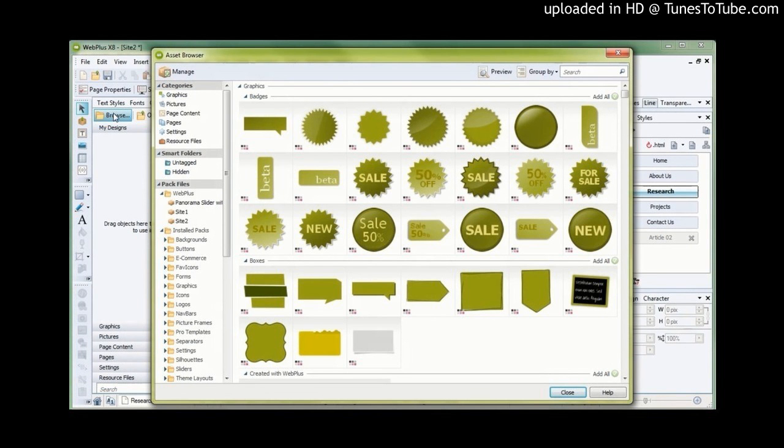In this quick start video, we'll go through some simple steps for designing your site and getting it online. When you open WebPlus, you'll be greeted with the Startup Assistant. From here, you can either start a new website from scratch or work with a professionally designed template. You can also access recently opened sites, view the latest learning resources and tutorials, and keep up to date with